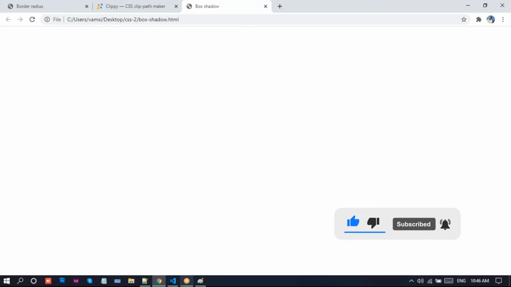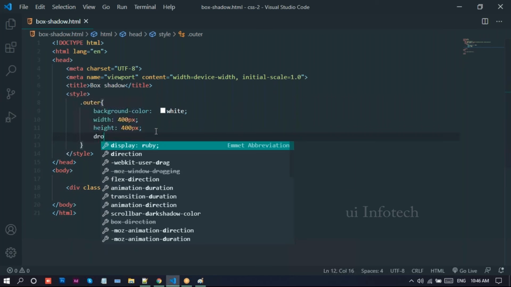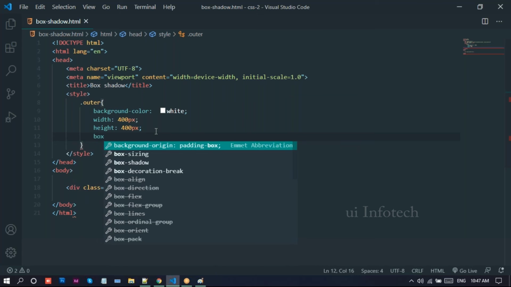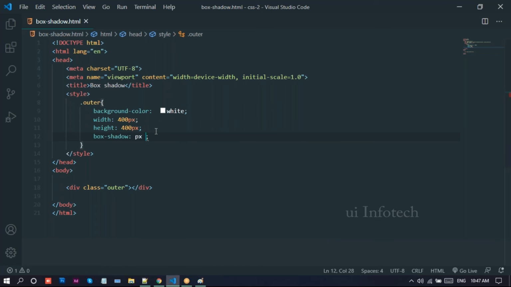Now for this div, I just apply the box shadow. First, I'll give 2 pixels, 2 pixels and 4 pixels, and the color we need, I'll provide black. Go to the browser and reload this page.